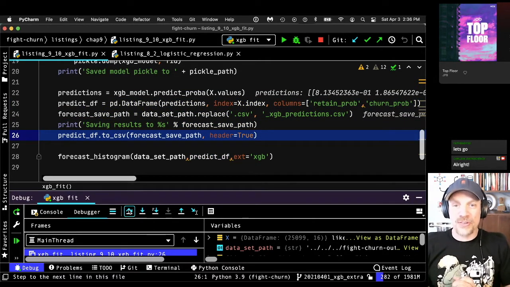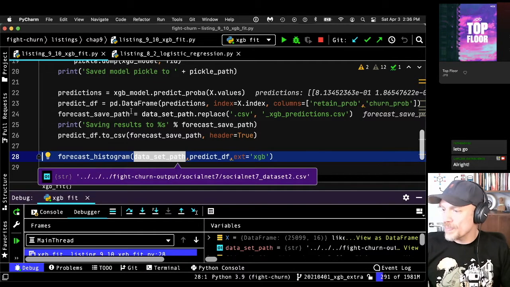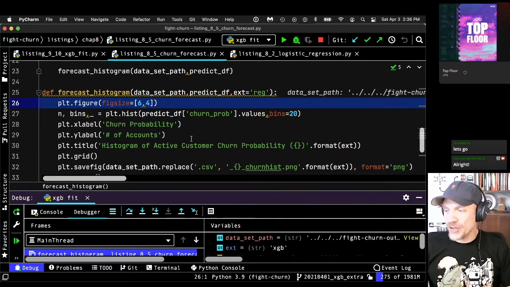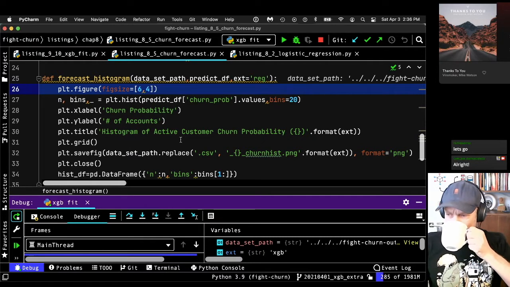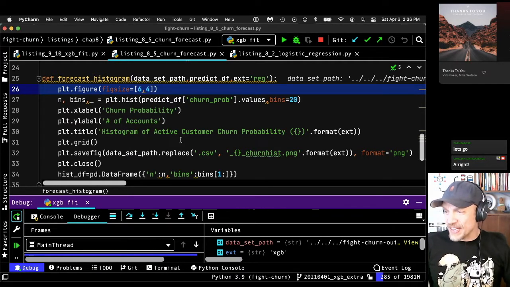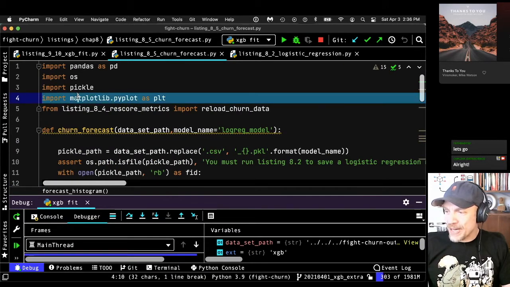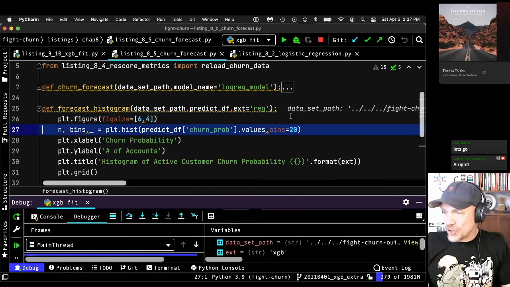A histogram is a plot of them. We're going to do a few different histograms during the stream today. So just this once, I'm going to step through it and show you all how to create a histogram. And then we'll look at it later. It's very easy to create a histogram using these tools. This is again a function from a previous chapter, forecast histogram. And it is as easy as using matplotlib plot. That's again this package up here. Import matplotlib pyplot as plot. So we create a plot. And then we just call the hist function.